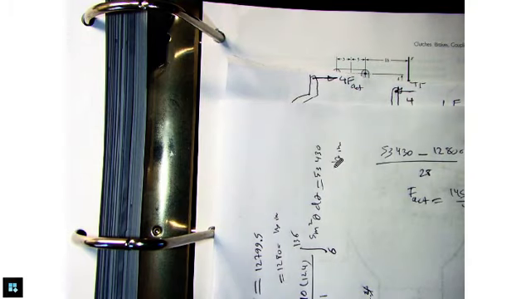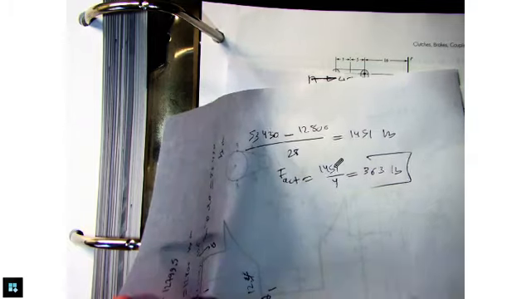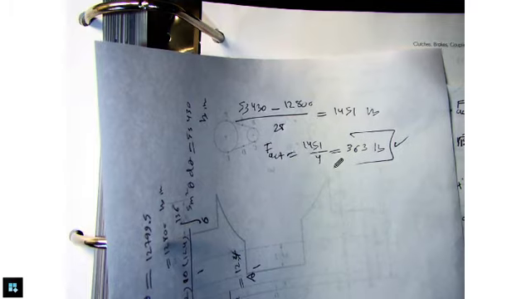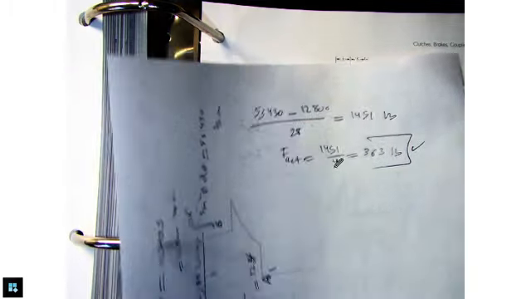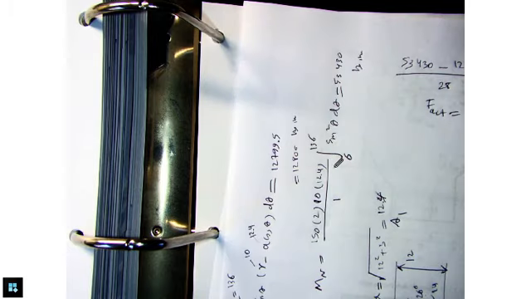Divided by 4. So I'm getting 363 pounds of force, actuating force. All right, so we found it. Now what else does the problem statement say? It says, okay, we found this limiting force. Find the limiting force and then torque capacity. All right, so now we have to do torque capacity. Find the torque capacity for, if you remember,